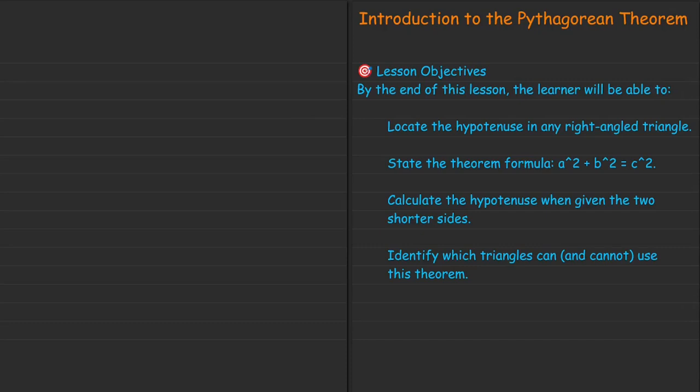In this lesson, we are looking at an introduction to the Pythagorean Theorem, also known as the Pythagoras Theorem. By the end of this lesson, you should be able to locate the hypotenuse of any right-angled triangle. You should be able to state the theorem formula, which says a squared plus b squared equals c squared. And you should also be able to locate the hypotenuse when given two shorter sides, which we also know as